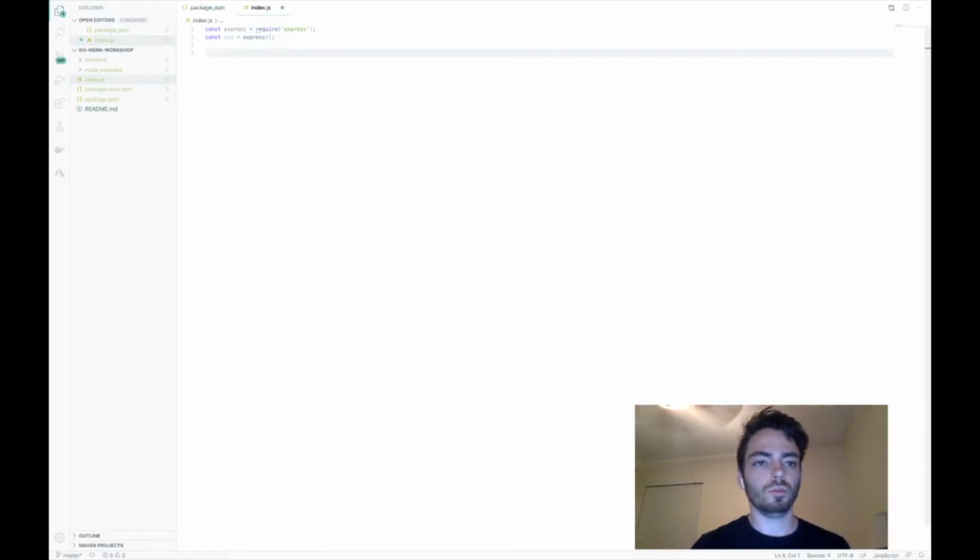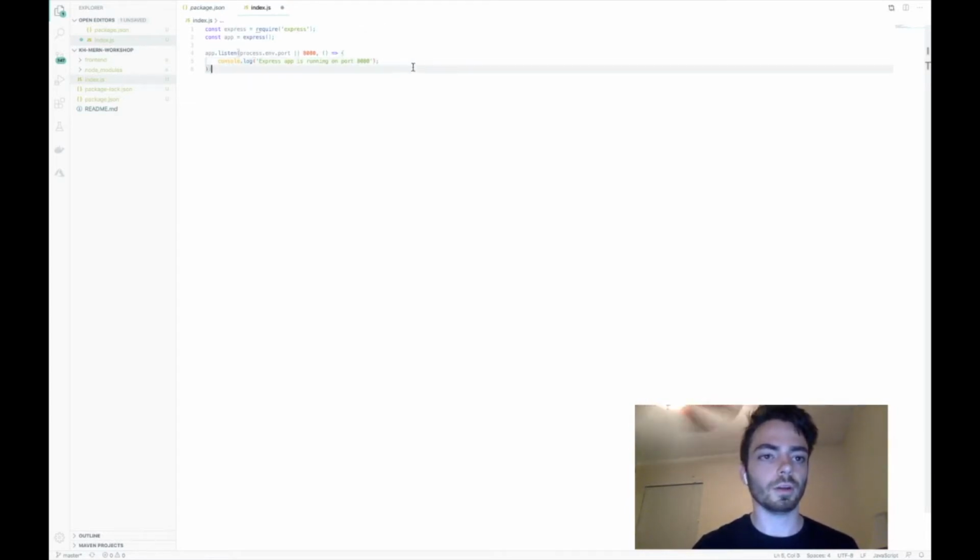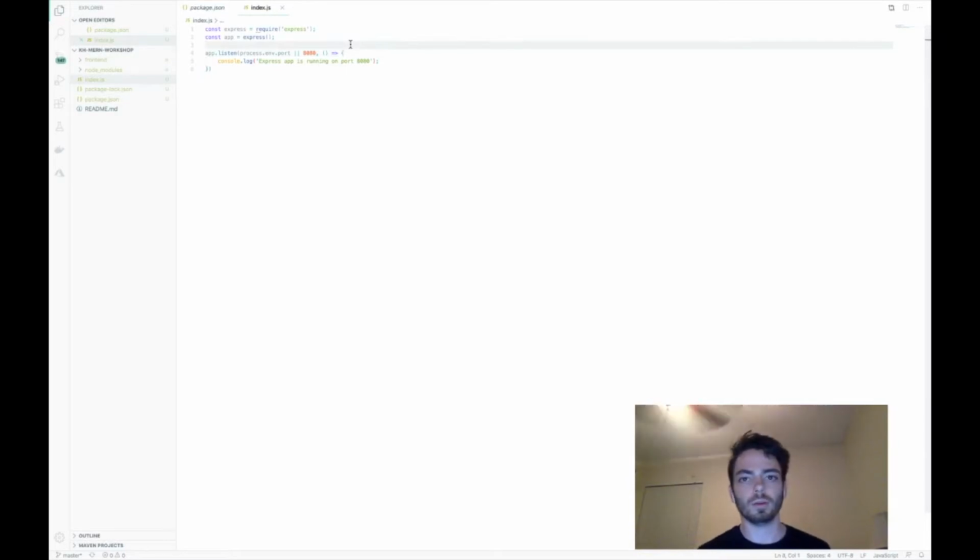And now what we'll do is we will say app.listen on either process.env.PORT or on port 8080. And I'll go over what this is doing in a second, but we'll say console.log, Express app is running on port 8080. Okay, so we have this thing, and it probably makes no sense what it does right now, but